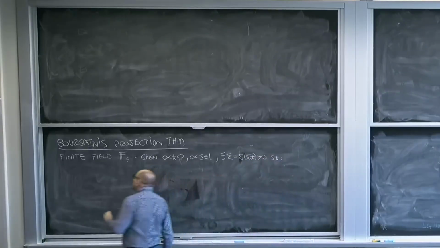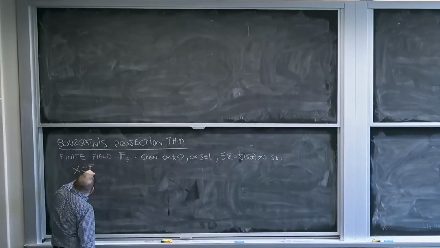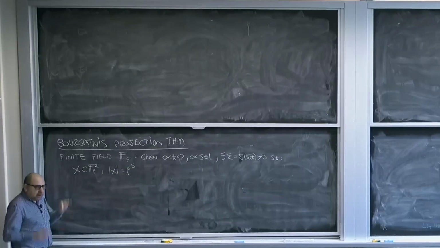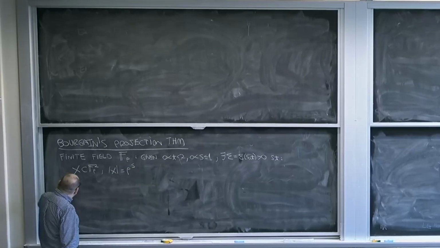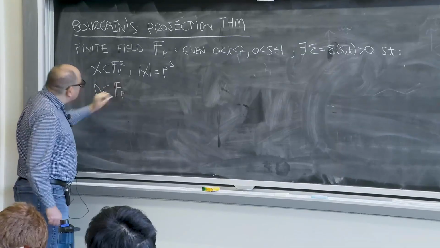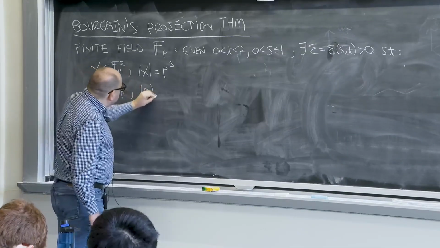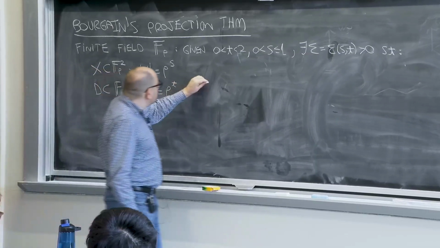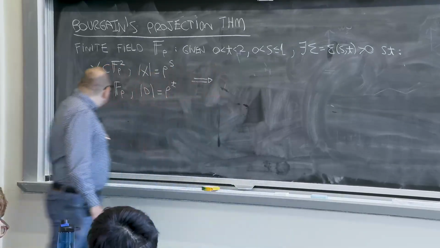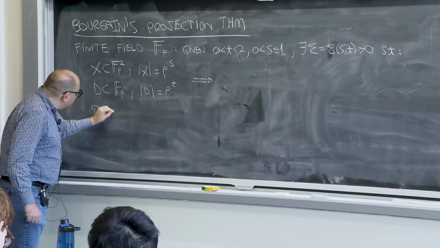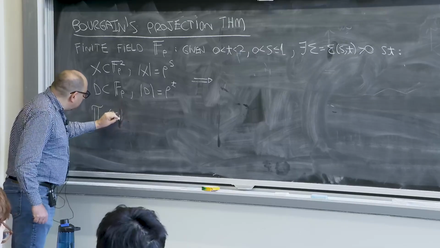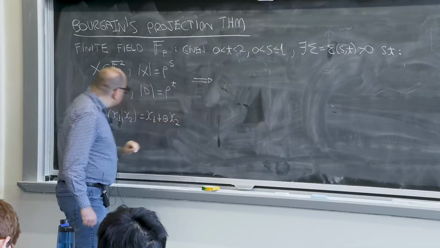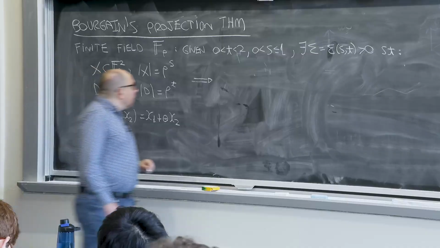There exists some epsilon that depends on these two parameters and is positive with the following properties. If X is in F_p squared and has size p to the s, so sort of s-dimensional set in some sense, and D is a set of directions, let's say a subset of F_p, and it has size p to the t, so sort of dimension t, then, so I use the notation pi_theta of X to be the projection, and we can write the projection in this way, I guess, just x1 plus theta x2, so from F_p squared to F_p. Then